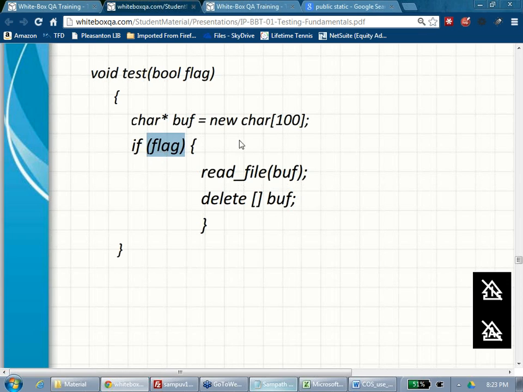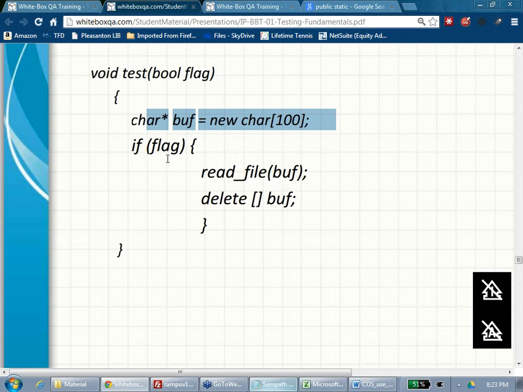But if the flag is false, you are unnecessarily creating the buffer, and you are not deleting it. Am I clear here? If the flag is true, you read it and then delete it. After reading, you will delete it. I am okay with that. But if the flag is false, why are you creating the buffer? If you are creating the buffer, why are you not deleting it? If there is a buffer in the RAM, some of the RAM is already allocated. We don't have much space. So if some program is unnecessarily holding memory, which it is not releasing after the task is done, that is called memory leak.